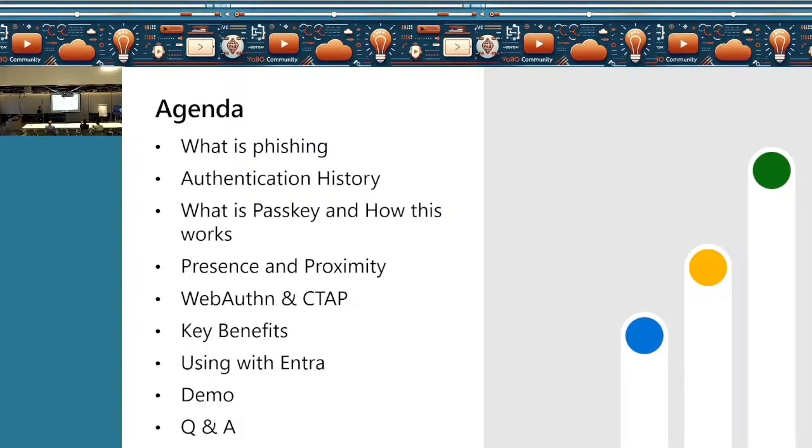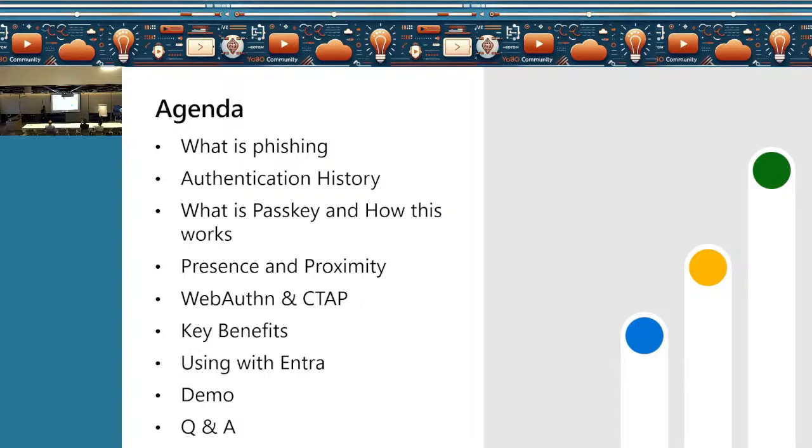We'll talk briefly about phishing, and I will give you one of the ways phishing attacks generally happen in an organization. Then we will go into a little authentication history, as to how authentication has evolved from passwords to authenticator and now to passkey.